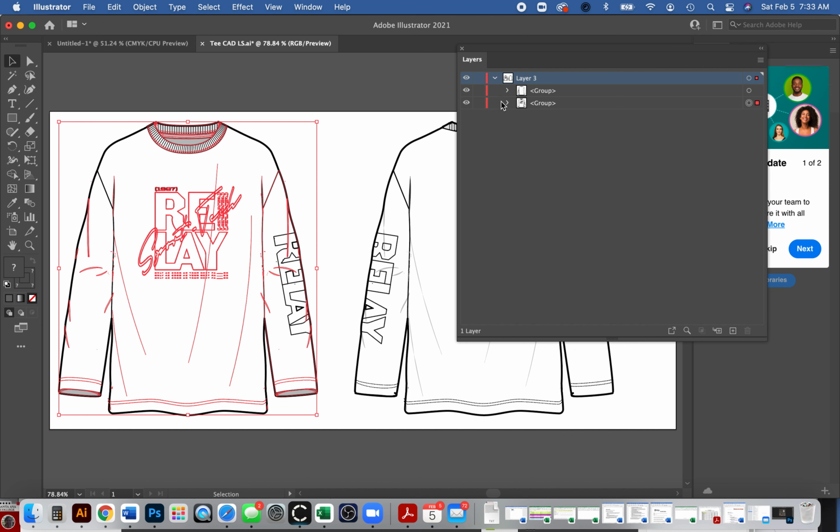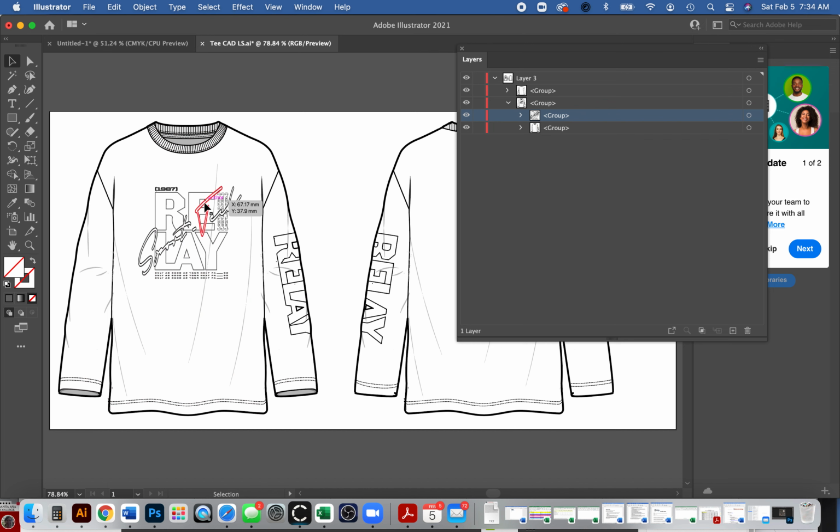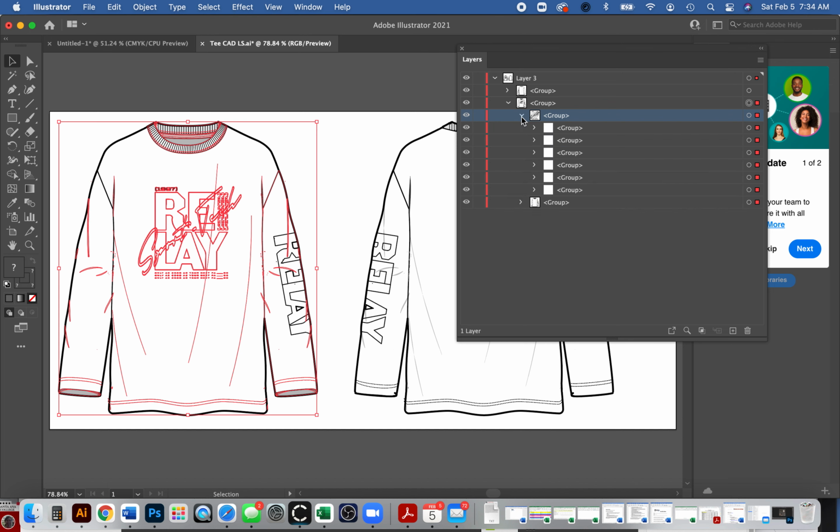Okay, so currently I'm in this group here. If I scroll down, it looks like it's two separate groups: the artwork and then the shirt. So let's say I want to select just the artwork in here. And again, you can always drop down just to really see how everything is grouped. This is really informative if you're a visual person and you're like, how is this organized? I'm so confused. But right now my artwork is all grouped together, which is great.